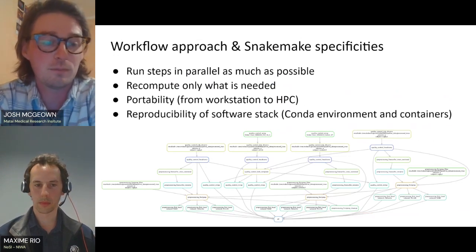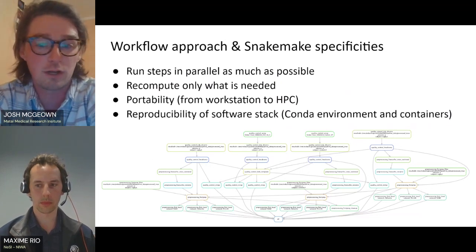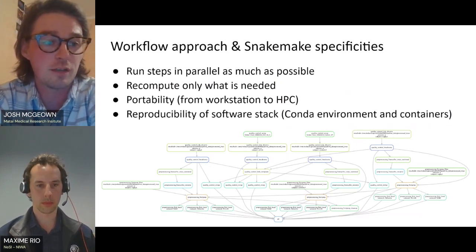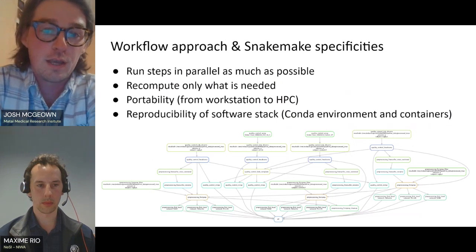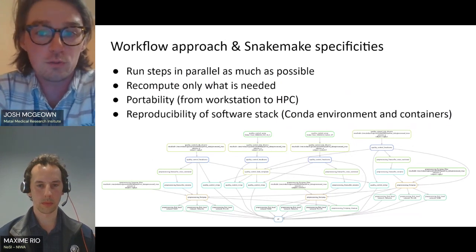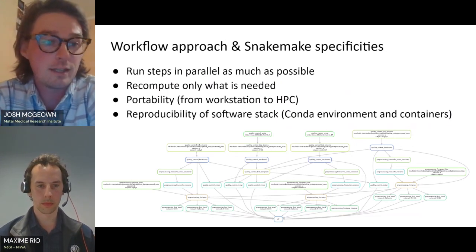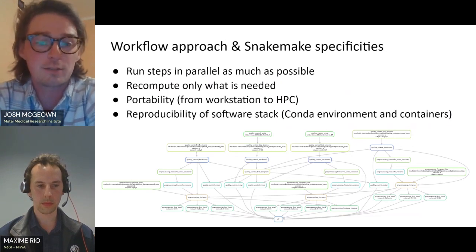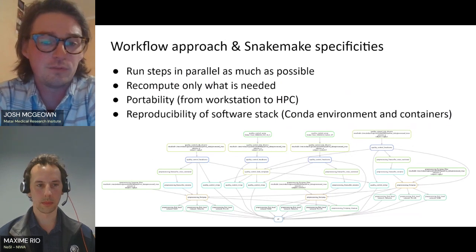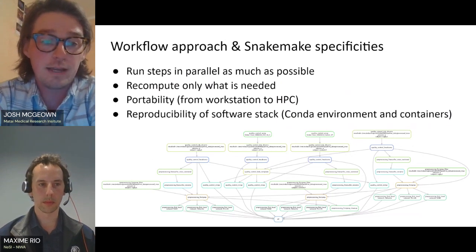It's very common practice in the neuroimaging world for people to still just be running batch scripts on their machine for hours, days, or weeks just to try and get their analysis. So our motivation with this was to create a workflow that used Snakemake to be able to run steps in parallel as much as possible to maximize efficiency, to recompute only what's needed if we found an error in the data instead of running everything from scratch all over again,